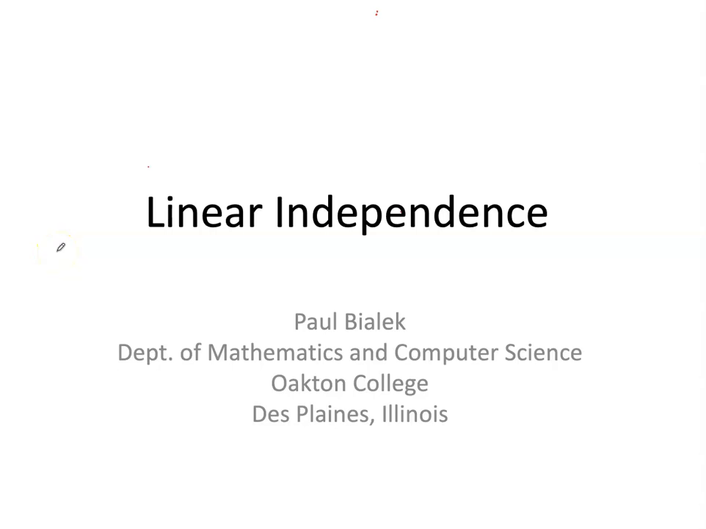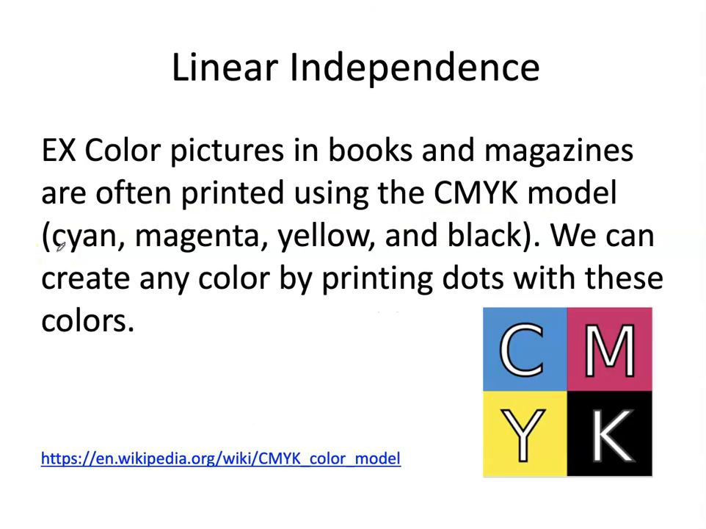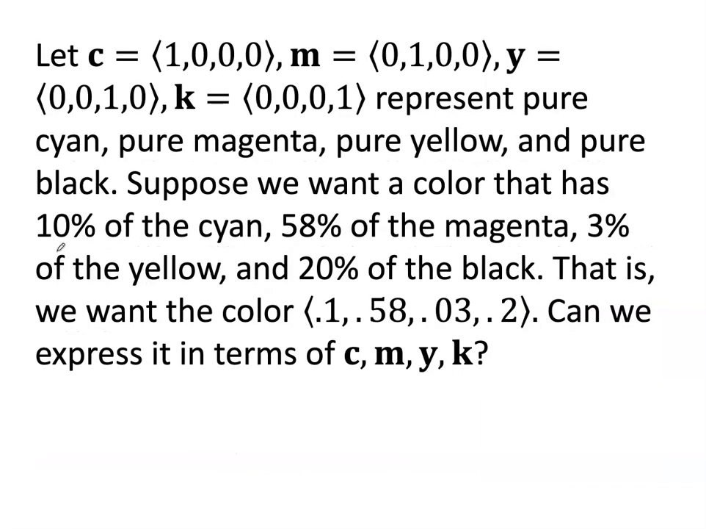Let's look at linear independence. For example, color pictures in books and magazines are often printed using the CMYK model, that stands for cyan, magenta, yellow, and black. We can create any color by printing dots with these colors. So let C equal 1000, M, the magenta color, equals 0100, Y, yellow, 0010, and K, black, 0001, represent pure cyan, pure magenta, pure yellow,